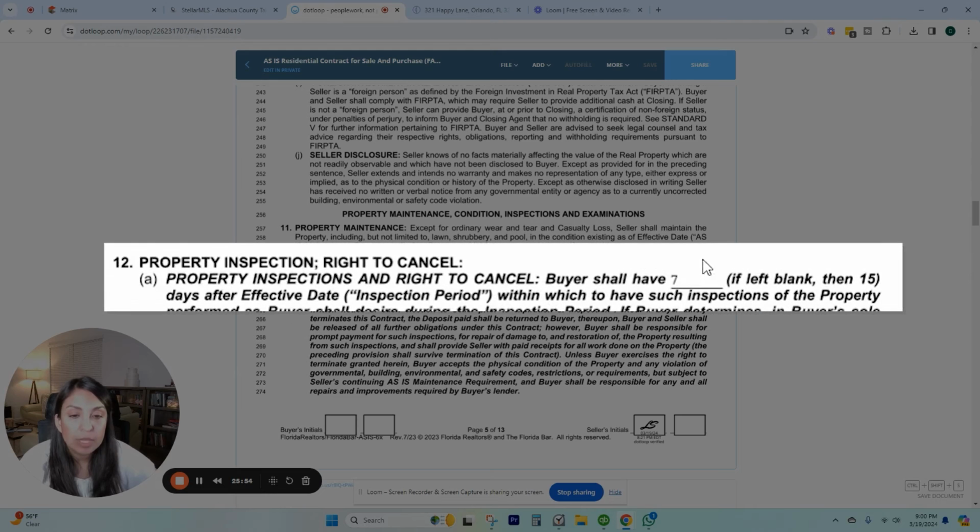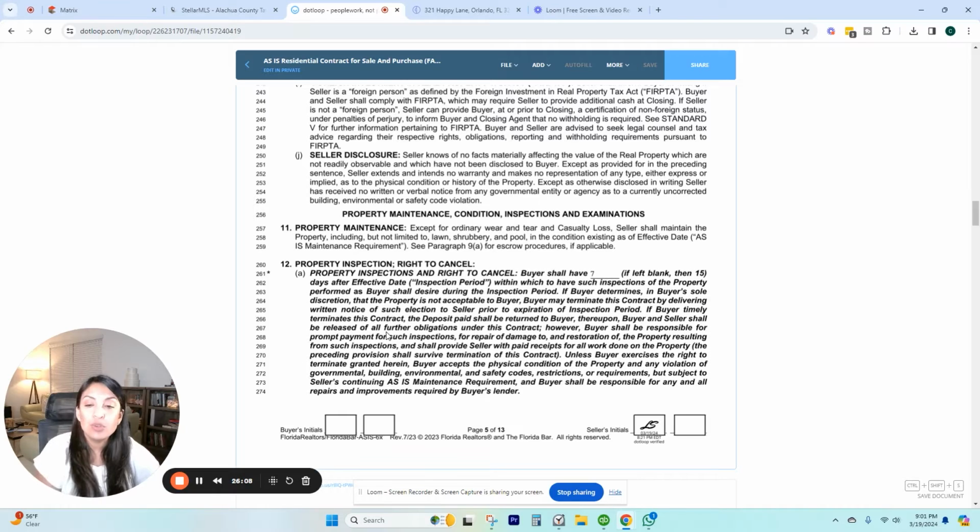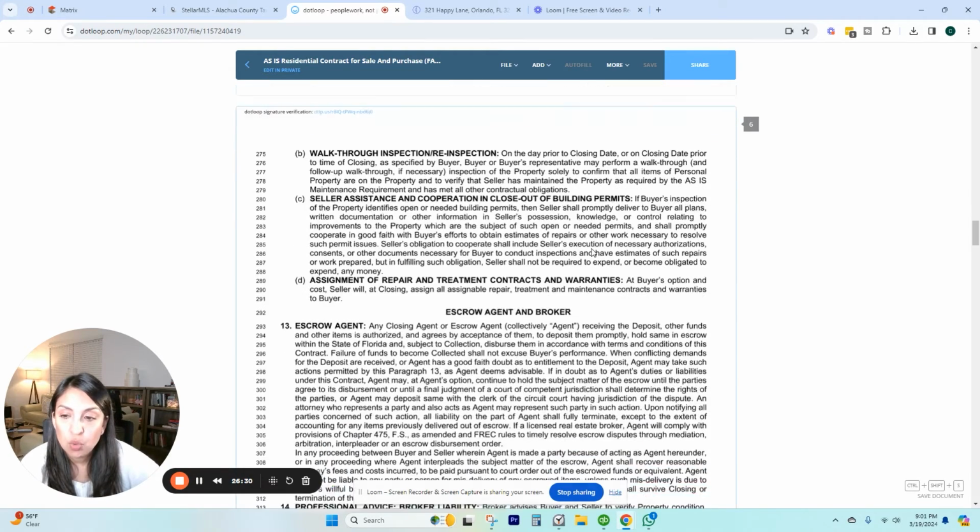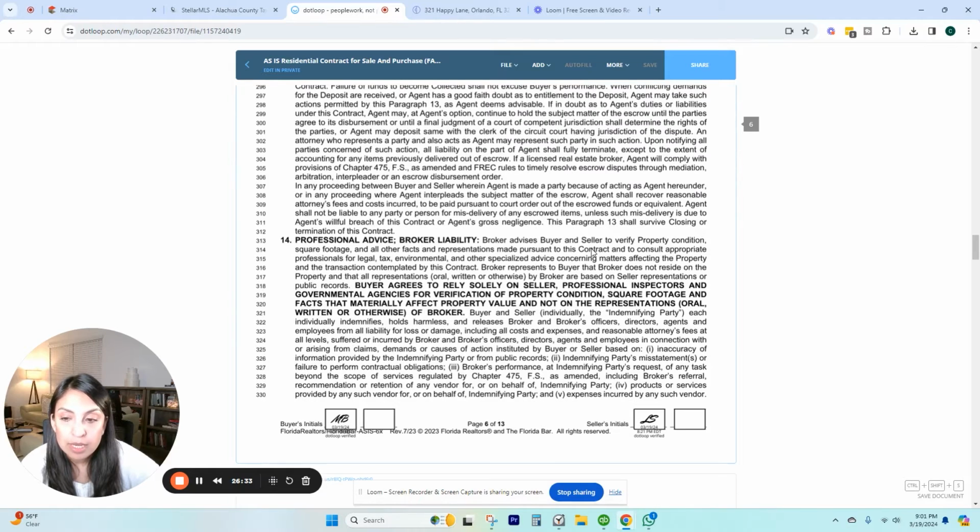In this case, the parties agree to have 7 days as the inspection period. And you will have to make sure that the buyer already booked inspection within this time period, and not just book and complete inspection, but also finish the negotiations for any type of repairs or credits that they are going to be requesting. So we go to the next page, and as you can see, if you observe,